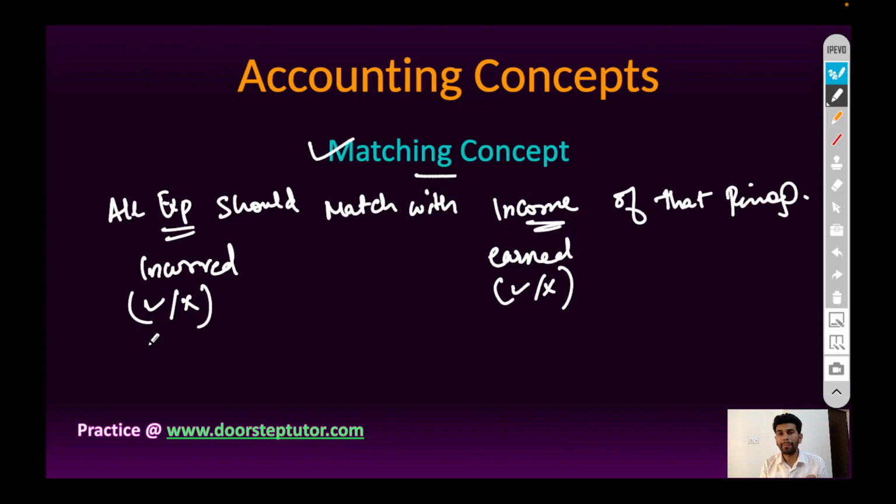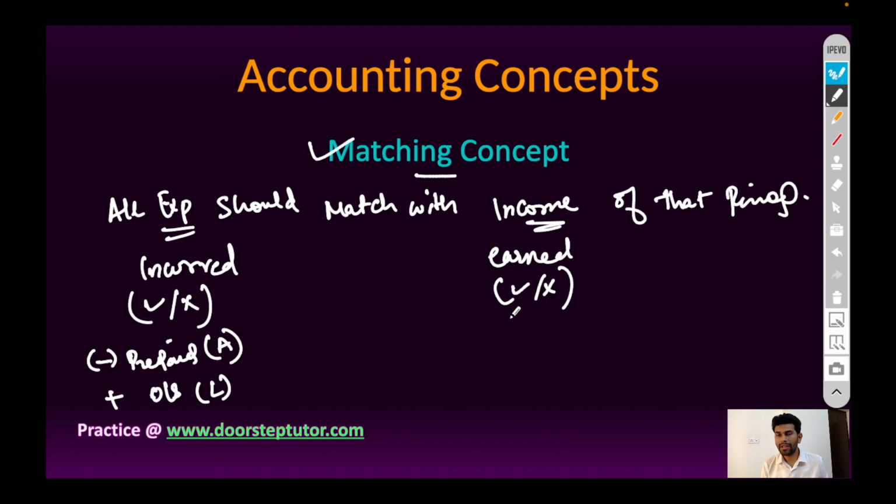So the expenses are paid on time, or it is prepaid, or it can be an outstanding expense. If it is prepaid, then the expense will be deducted from the particular period, and if it is outstanding, then it will be added to the particular expenses. Outstanding expenses are a liability for the company and prepaid expenses are assets, current assets for the company.